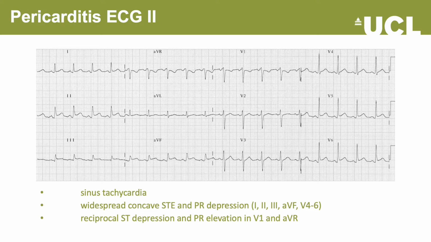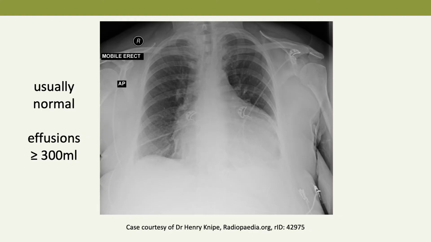so that you can see the changes I'm referring to. Now, when you have a look at a chest x-ray, usually the vast majority of chest x-rays in pericardial disease are normal unless there is a significant effusion. And what I mean by significant effusion is an effusion that's at least 300 mils,